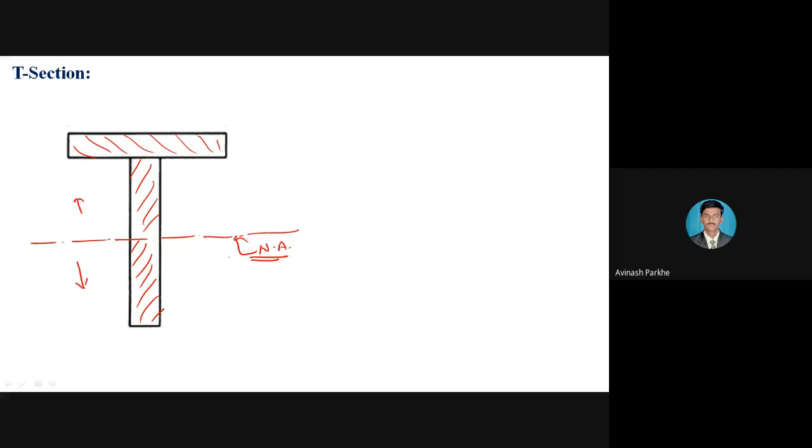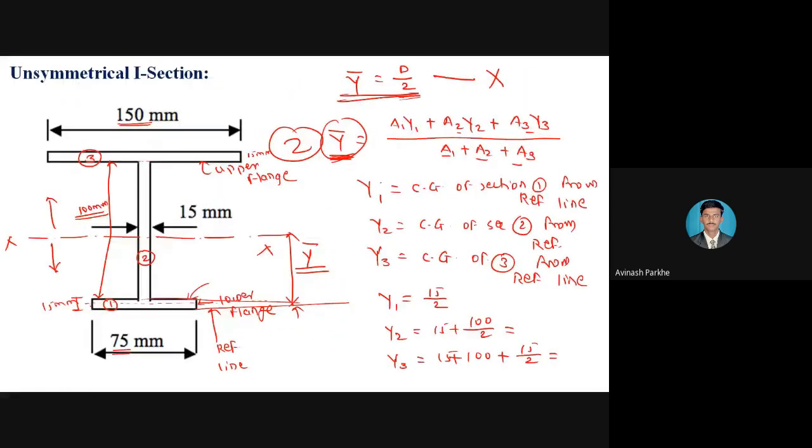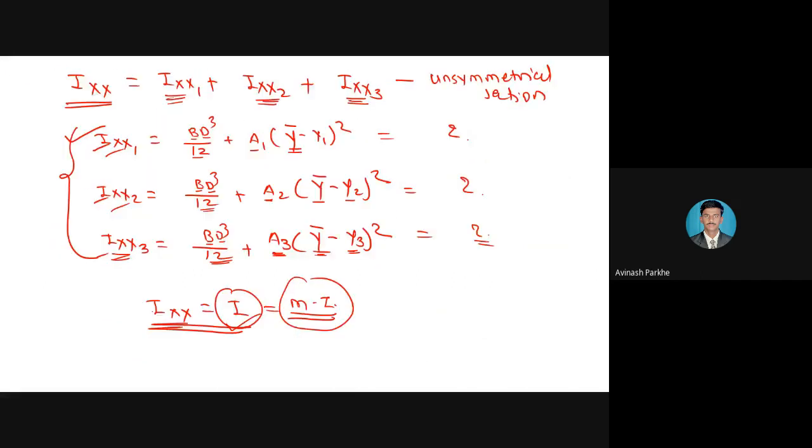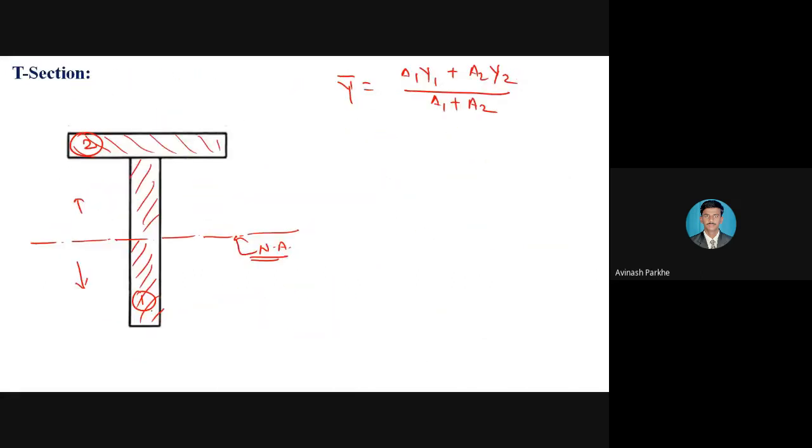Therefore, here again I have to calculate y bar is equal to a1 y1 plus a2 y2 divided by a1 plus a2. Why I have taken only a1 and a2? Because it consists of only two sections, that is section number 1 as a vertical section and the section number 2 as a horizontal section. I section मध्ये खालच्या बाजूला पण एक फ्लॅंज दिलेली होती, बरोबर. या खालच्या बाजूला पण एक लोअर फ्लॅंज असते. Therefore, total 3 sections are there in I section, but in case of a T section, it consists of only 2 sections.